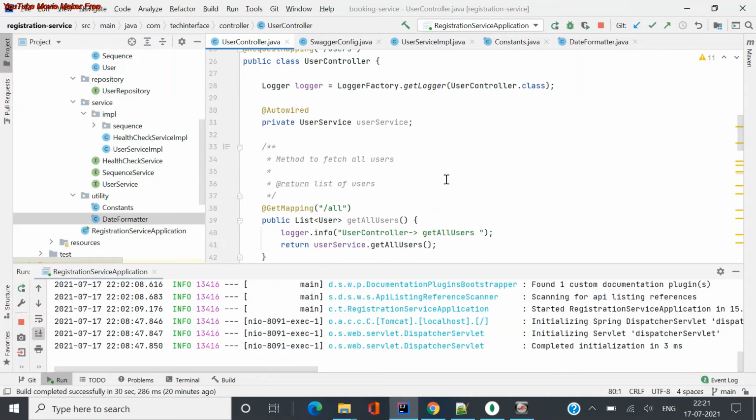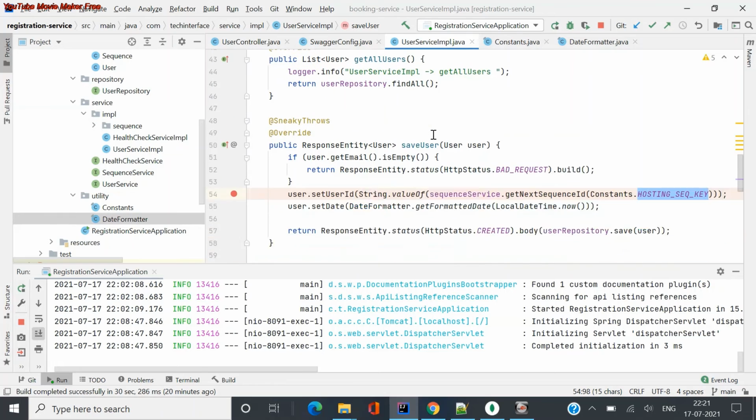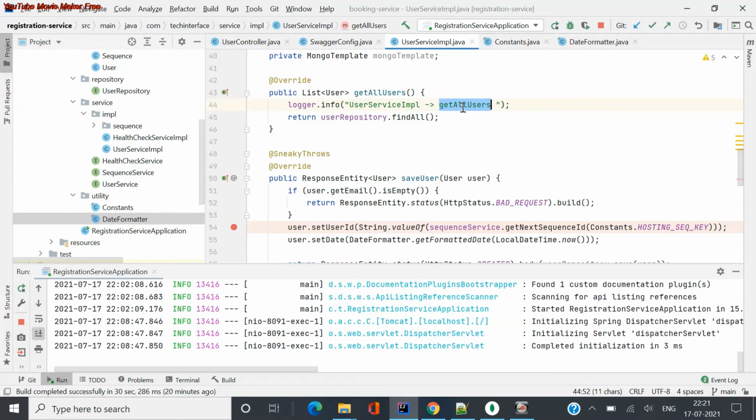So always make sure that you have proper loggers. You can see logger.info, I've added that I'm in the user controller and in the get all users method. If you come to the service impl, I'm in the service impl and get all users. When you are in a distributed system or multiple services, this will be very easy to track, because it is tracked based on timing. You can see which method was called and which executed first and which next. As I said, I'll make a different video for loggers itself, because logger itself is a big topic to cover.